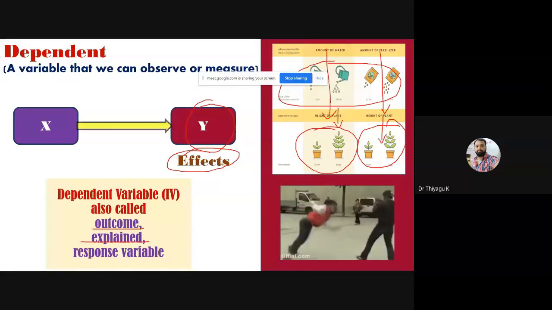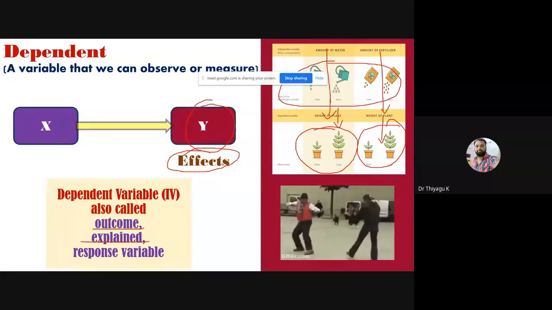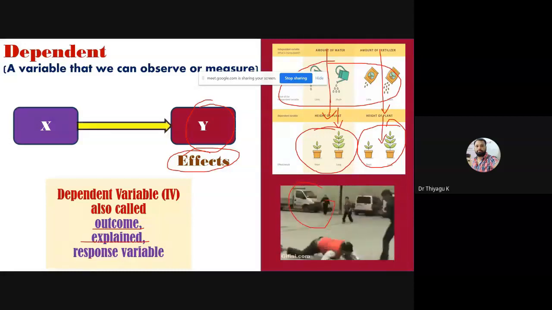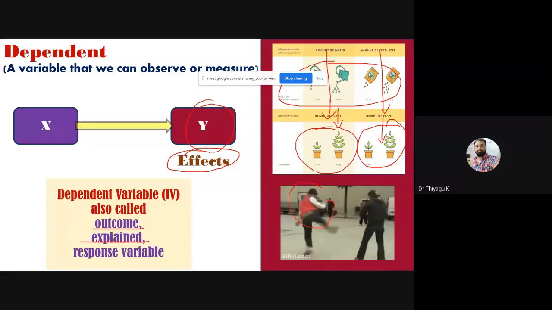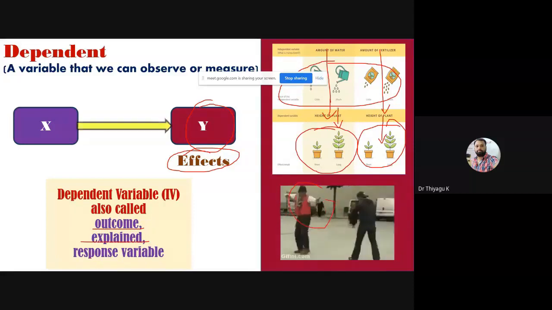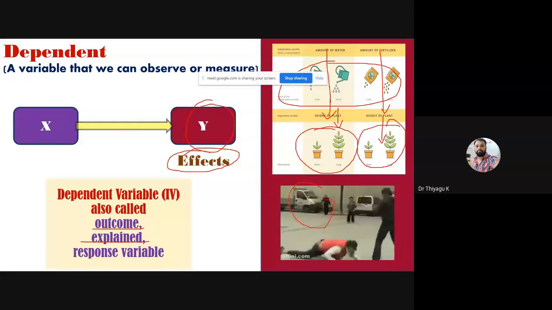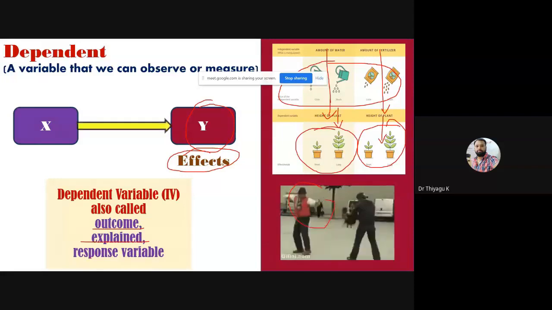Now see here, what is the issue in this GIF image? Kindly check, any idea? I'm showing some funny images. Why am I using them? If you take the wrong independent variable, that is called a wrong variable. If you are not selecting the correct independent variable, the effect surely won't be there. In this case, the red shirt person, the independent variable, is trying to beat the dependent variable. But what happened is the independent variable is still falling down.